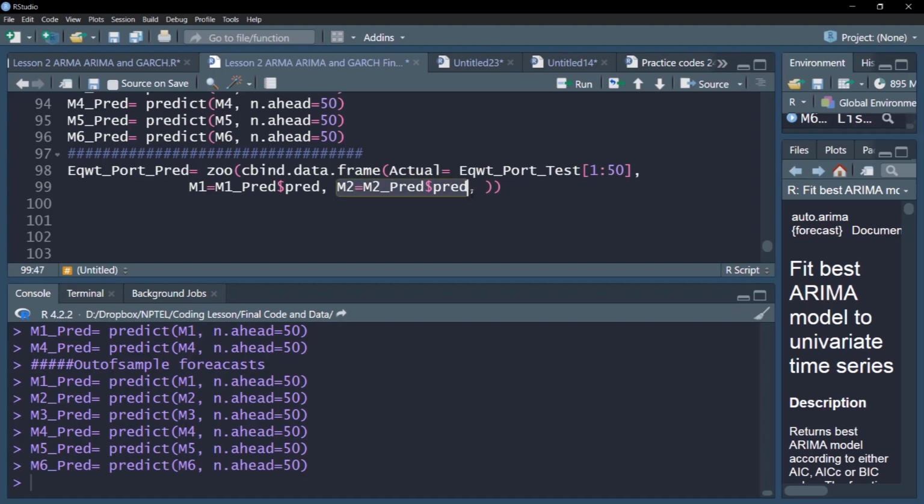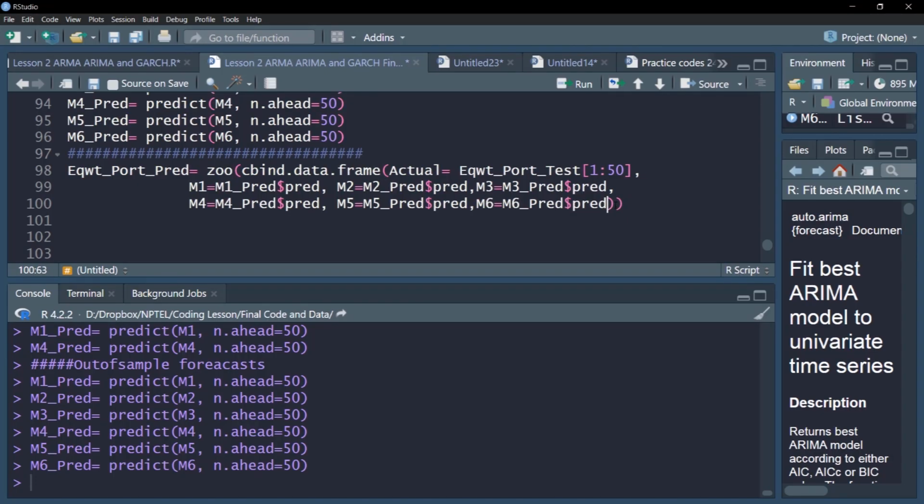I need not type the entire thing again and again. So then we have M3. So this consistency name is very useful. You don't have to write the full thing again. You just copy paste and make use of your already written command. Then similarly you can have M5 and then M6. So this is the data frame.